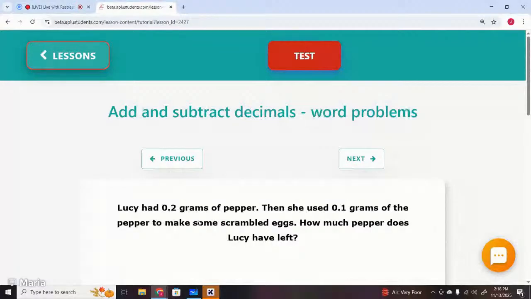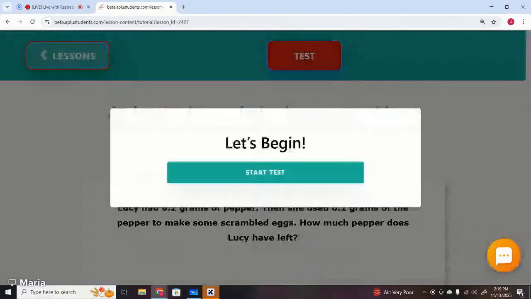So we were working on grade 3 math. The chapter we were working on is add and subtract decimal word problems, right? So we were working on the test questions. Let's start with the